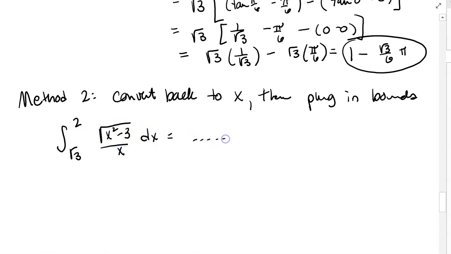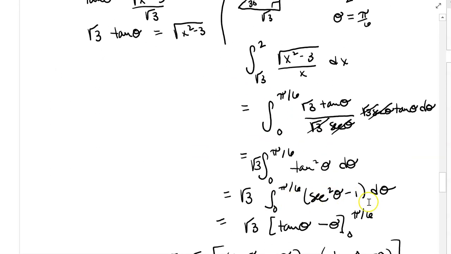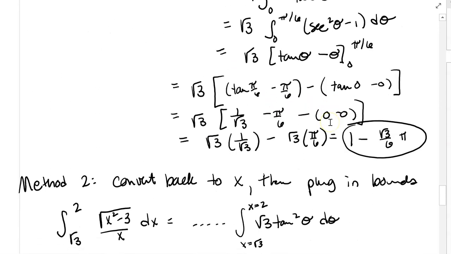And following a trail of events, we wound up at the integral from x equals 0. And notice I'm making a note that these are bounds in x, to x equals square root of 3 to x equals 2, of what ended up being tangent squared of theta d theta with a square root of 3 stuck on the outside. And you can see, follow all of that we did here. And then we integrated,